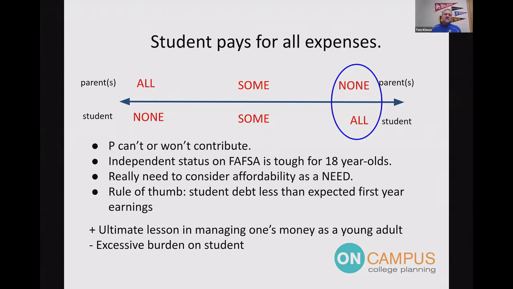So then the flip side of that is maybe as a parent, I can't, or I just choose not to contribute. Okay. And you can say, look, I want you to pay for it. I had to pay for it on my own. I want you to pay for it on your own. I would just kind of remind you, parent, if you're saying I had to pay for it on my own, you should pay for it on your own, the costs have gone up considerably.